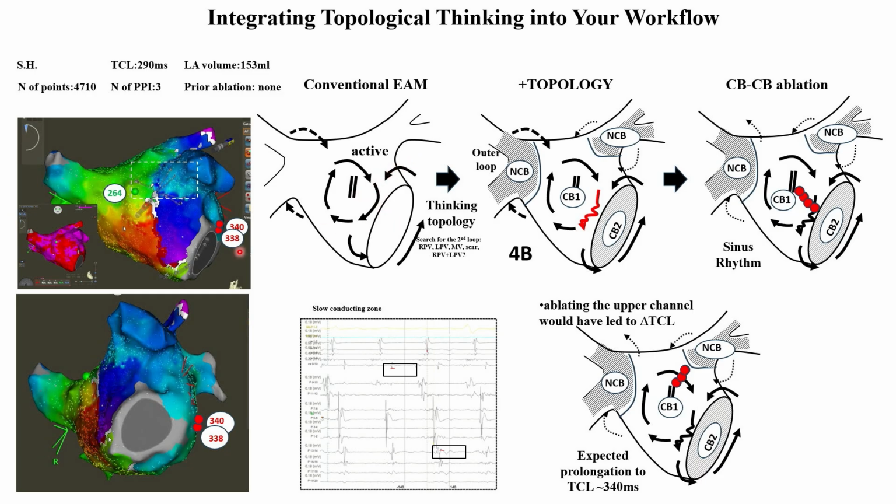Now, thinking back to topology, this is a patient never ablated before. So you have more than 3 boundaries by definition. Actually, in this case, we have 4 boundaries, so there must be a second loop. And then if this is the rotation, just look at the neighbors. It can either rotate around the right veins, left veins, around the mitral valve, or a combination of both. In this case, despite the long PPIs, the second loop was found around the mitral valve.